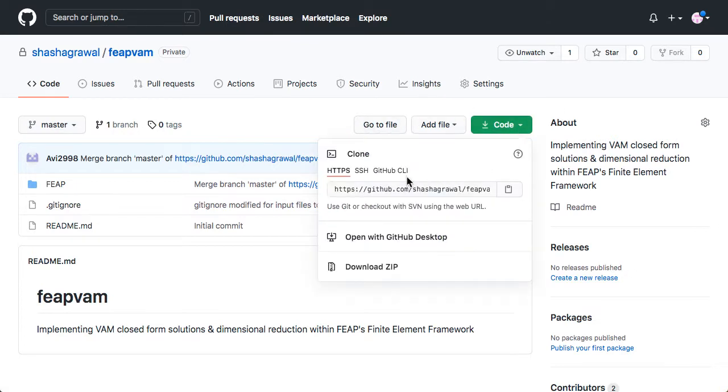The first time you come to this repository, if you are not a frequent developer, you can just download the zip file, and from here you can access the current version of the code. Or else, if you are a frequent user, there are basically three ways as listed over here: the HTTPS protocol, the SSH protocol, and the command line interface for GitHub. So